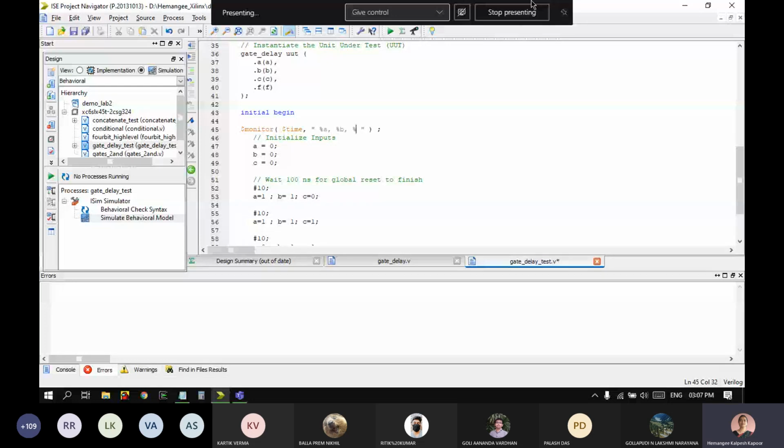If it's a binary number, you can also say %d if you want to read multi-bit variables as a decimal. B equal to %b, C equal to %b and F equal to %b. Then list A, B, C, F.